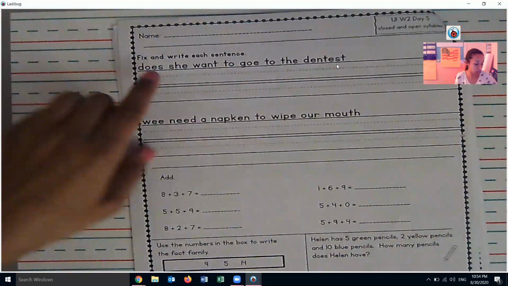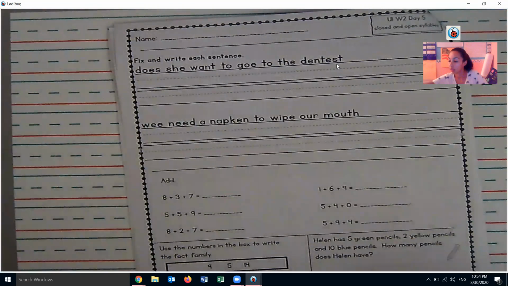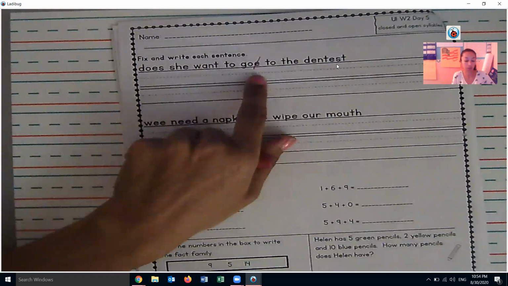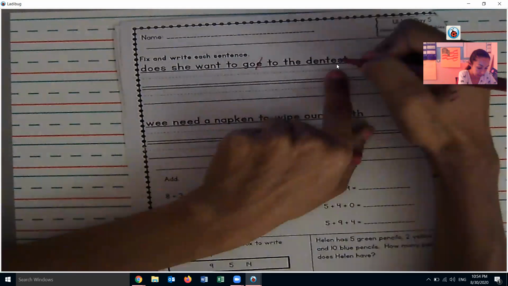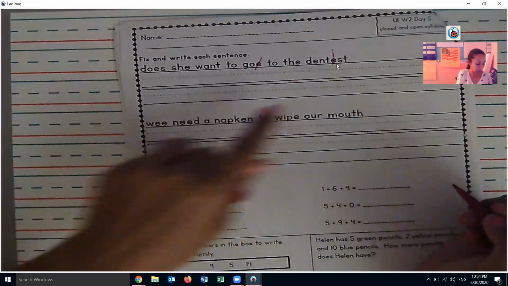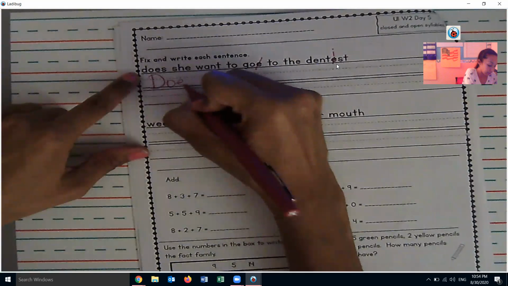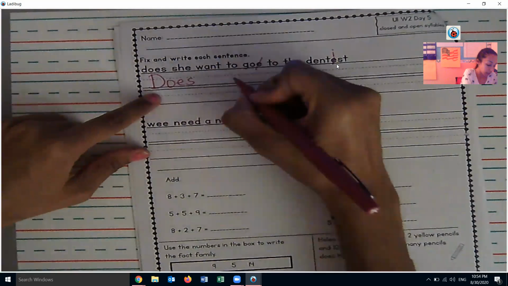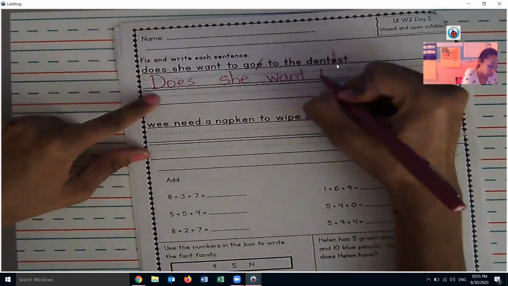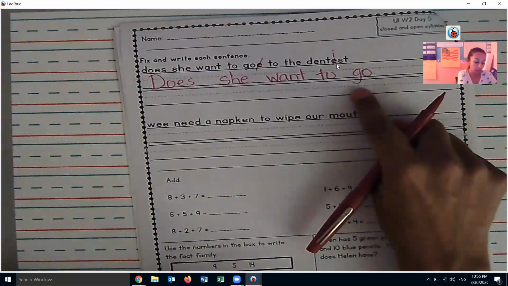So I see, does she want to go to the dentist? I see a few things. You pick a different color. Go, we're going to take off that E there. It's just G-O. And dentist, we're going to make that be an I instead when we correct it. So we'll start with capitalizing does, the letter D, capital. Does she want to go? So go, we're going to spell just G-O, no E,